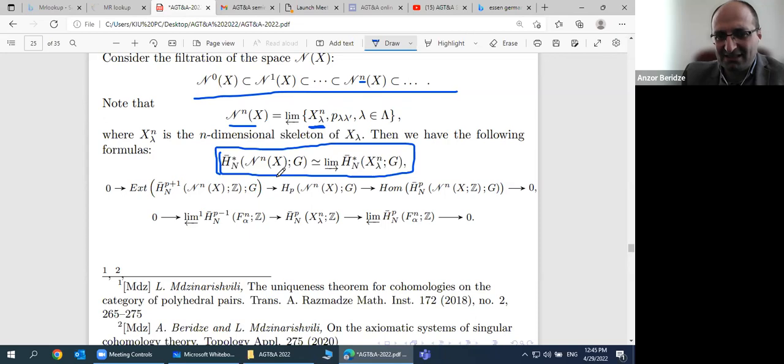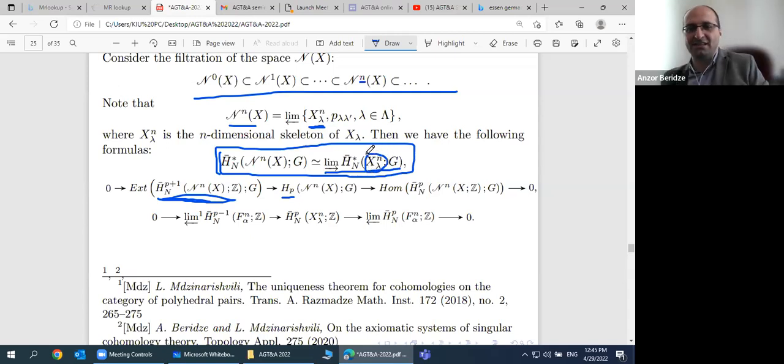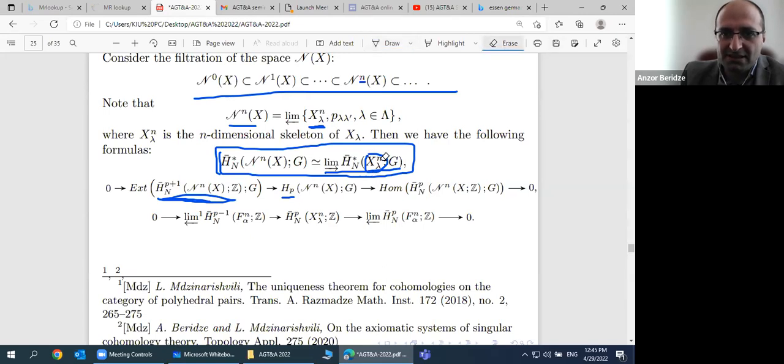For cohomology, it is a little easier to prove. But for homology, we have the universal coefficient formula. And here is cohomology. And this cohomology is the direct limit of cohomology of polyhedral spaces. But unfortunately, this polyhedral space is not a compact polyhedral space. So we cannot say that it is enough to consider the limit of cohomology of polyhedral spaces.